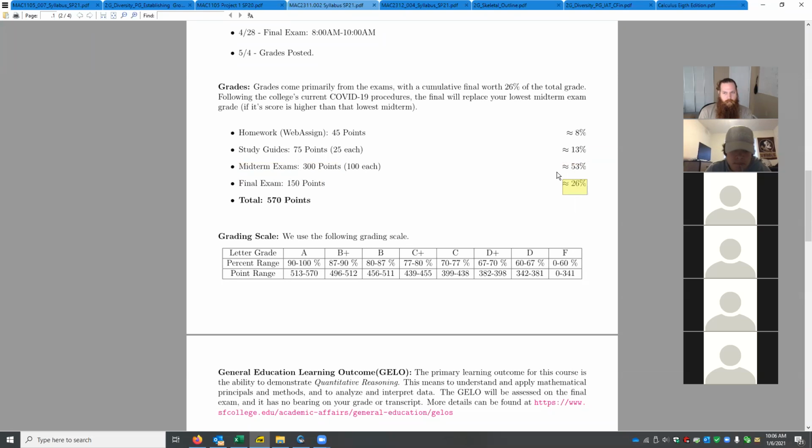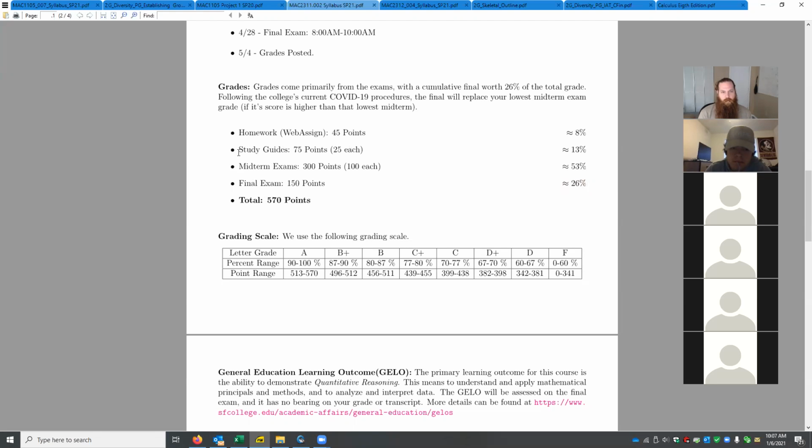The gradebook I use is the Canvas gradebook. You don't need to bother looking at the WebAssign gradebook. I won't be putting anything in there. I won't even be turning it on. But if you go into the Canvas gradebook, you can type in these little what-if scores and calculate your grade. You can see what's in so far, and then you can put in points for things down the line. So at any time throughout the semester, you should know exactly what your grade is in the course, and you should be able to estimate what your grade will be by guessing how you do on future assignments.